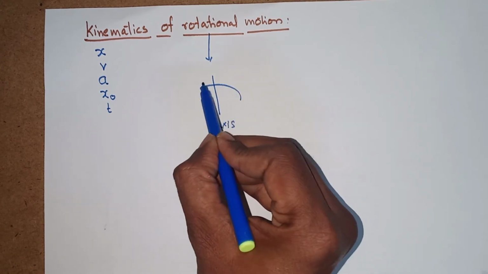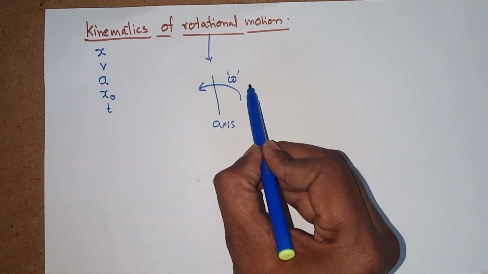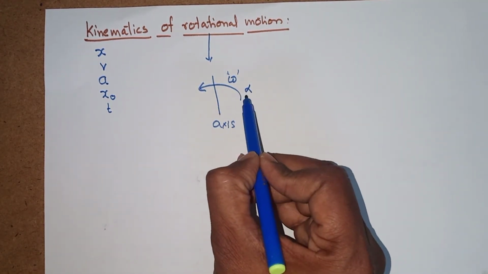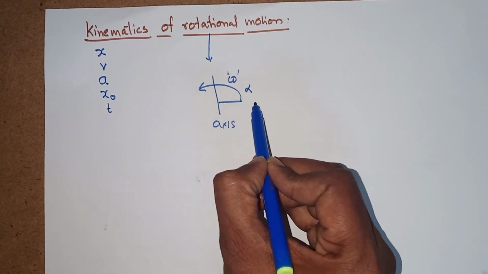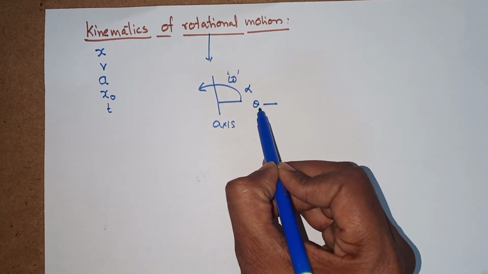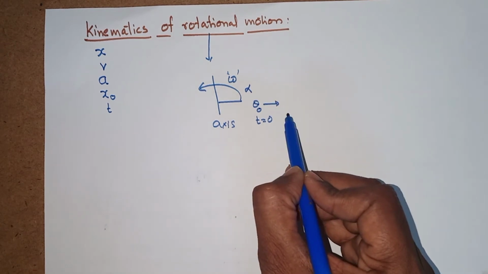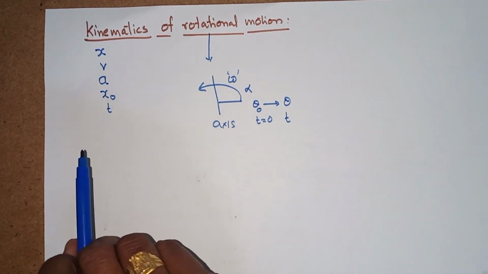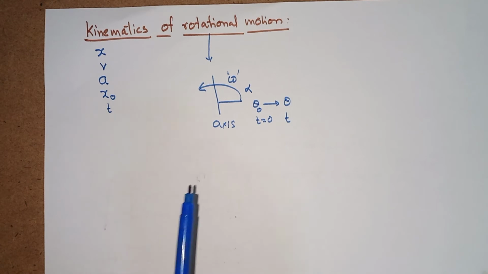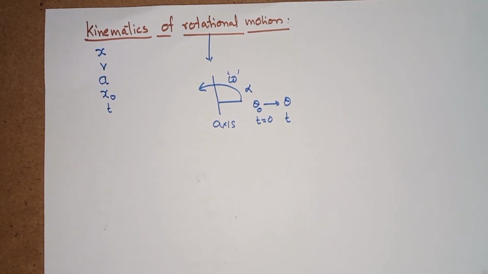Now here, when the body is rotating about a fixed axis, angular velocity is needed. If omega is changing, then alpha is there. Suppose the initial angle at time t equal to 0 is theta naught, and at time t it is theta. Similarly, we will consider all the variables and solve the equations. How? Suppose a fan is rotating about a fixed shaft, and as the fan is rotating, suddenly the power is switched off.